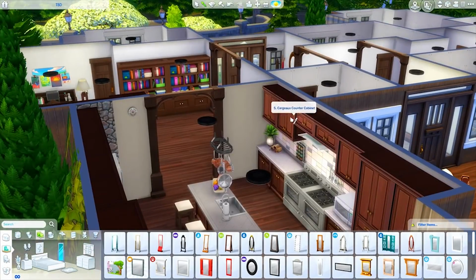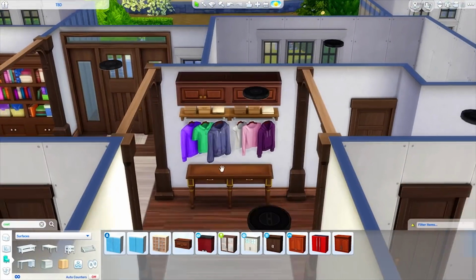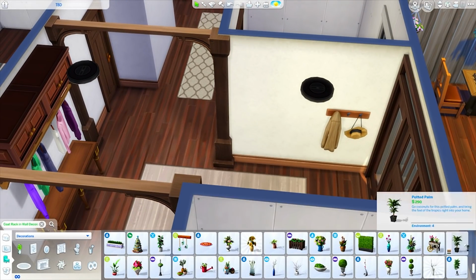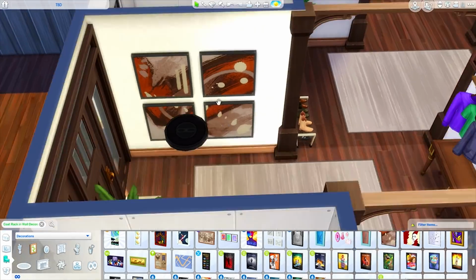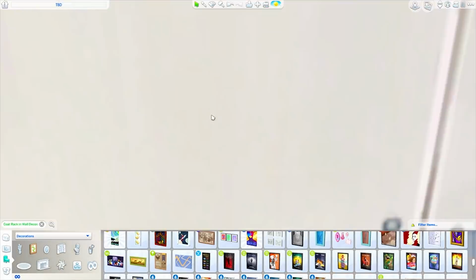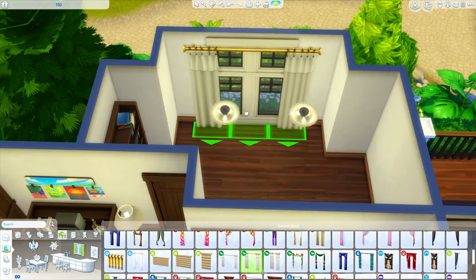So we're just adding a little unit back here for coats and stuff in the back hallway and some more places to hang up coats and hats and stuff. And mirrors, of course, because you always got to check yourself on the way out. But I didn't put that mirror there, but I believe we have one in the front hallway anyway. I added these paintings from Cats and Dogs, which are some of my favorites. And then this room,